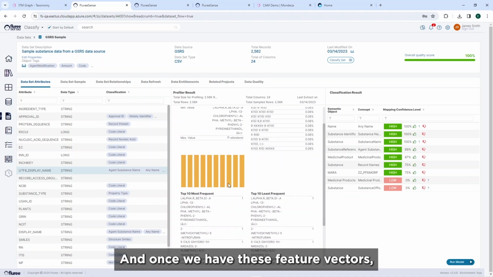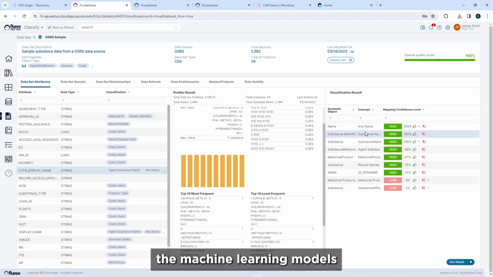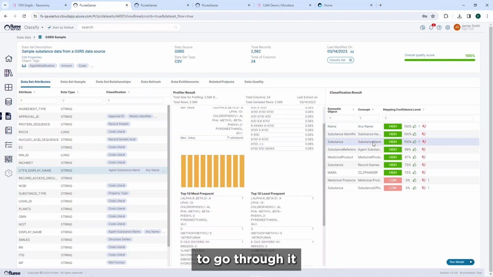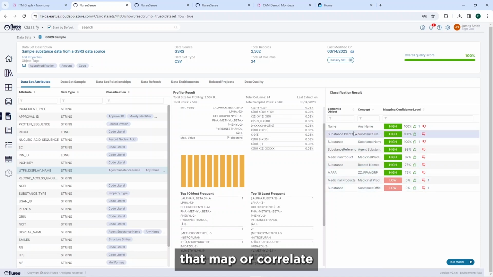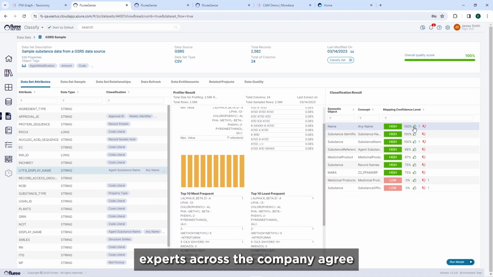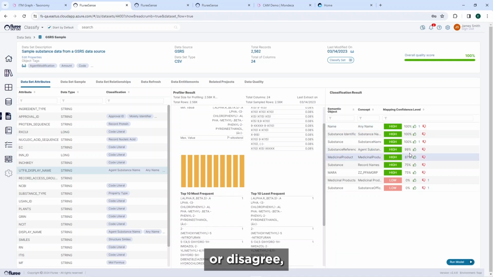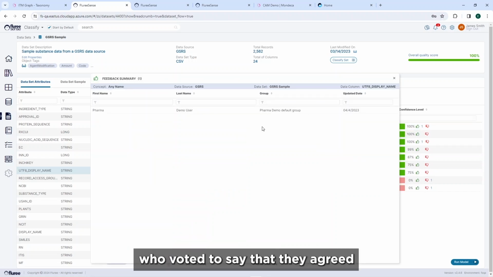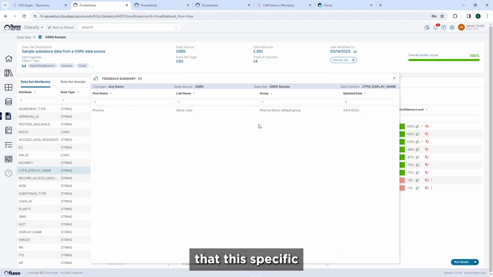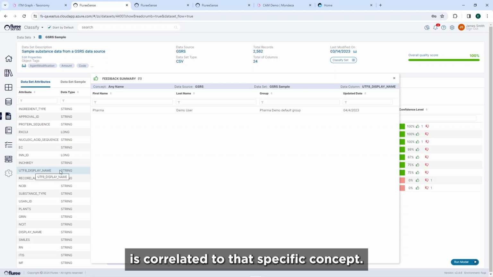And once we have these feature vectors, we can then start to train the machine learning models to go through and identify what are the possible different concepts that map or correlate to that feature vector. And then we can have different subject matter experts across the company agree or disagree. And then we can keep a rolling tally of who voted to say that they agreed that this specific column is correlated to that specific concept.